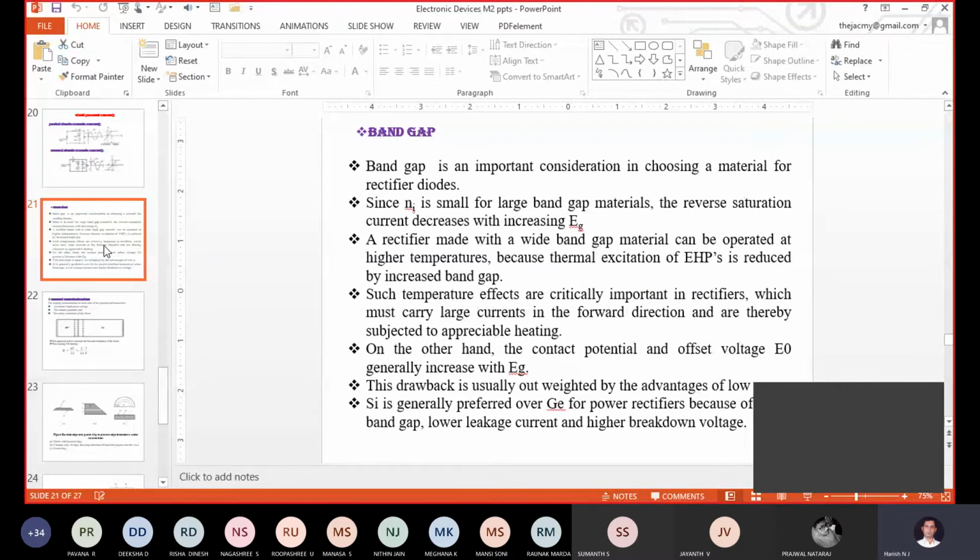Correct. So here what we say is, for designing any application of the PN junction diode, you have to choose a semiconductor with a very large band gap. Very large energy gap of a semiconductor. Now for example, let us take silicon as well as germanium. Correct. So what is the energy gap value for germanium and what is the energy gap value for silicon at T equal to 0?